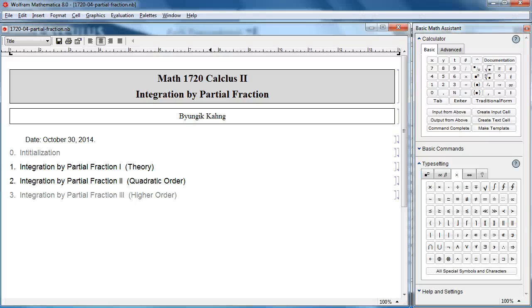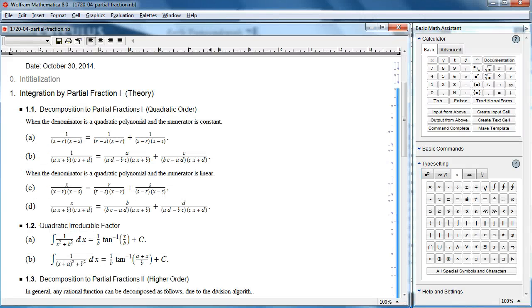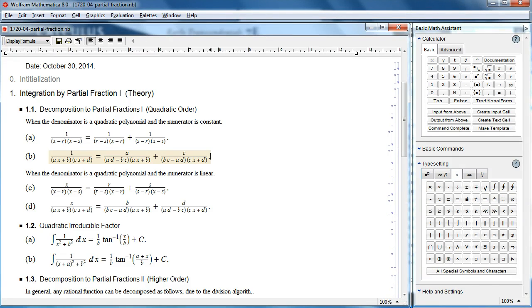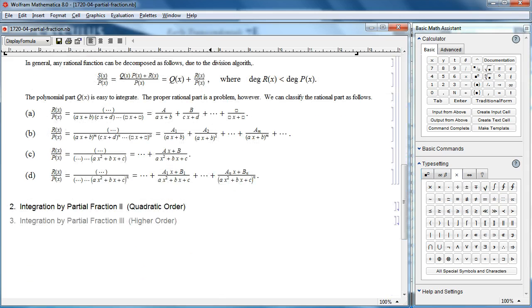In the previous video, we talked about the shortcut method, how to decompose a rational function when the denominator is quadratic. In general, use these two. When the denominator is quadratic, which can be factored like ax plus b times cx plus d, and the numerator is just constant. And then when the numerator has x. So 1.1b and d are general cases, and sometimes you have to put those two together in a single problem,